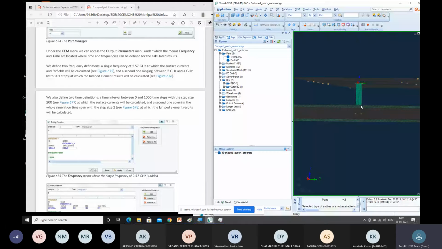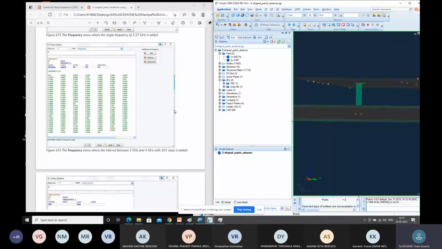And next we have specified the time steps, so we can solve your problem in terms of time steps as well. The benefit with this TD is basically you'll be getting two result files rather than one. One is on the frequency part, the other one is on the time part. So once we have allocated all these output parameters, you will be getting this.